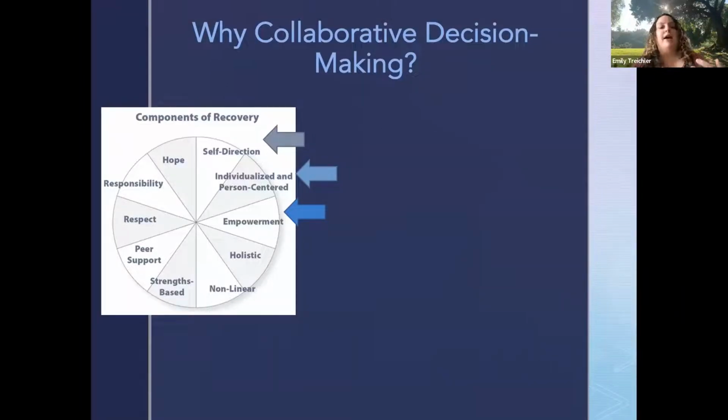It also helps us have that more individualized and person-centered care, because we're really thinking about what is that person's goals, what are they looking for in their treatment. And then finally, it's empowering to have that much involvement in your decision-making process. And part of the hope here is that empowerment during care generalizes to empowerment outside of the care